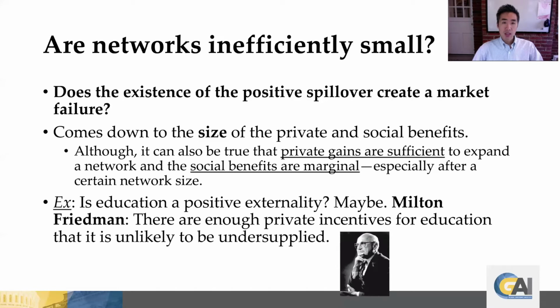Take something such as education, which is often touted as a positive externality. As the education level of the population increases, there's virtues to that. Perhaps less crime, better informed voters. There's a lot of good things that come out of that. So the question then is, are people fundamentally getting undereducated because they're not incorporating the full social benefit from getting educated? And this is something that the great economist Milton Friedman discussed, and he concluded that it's largely your private